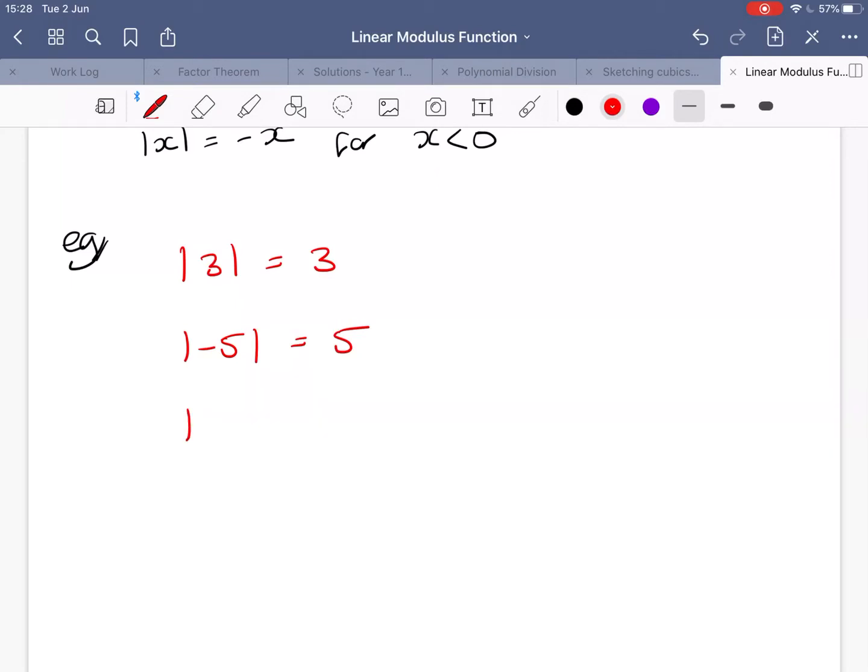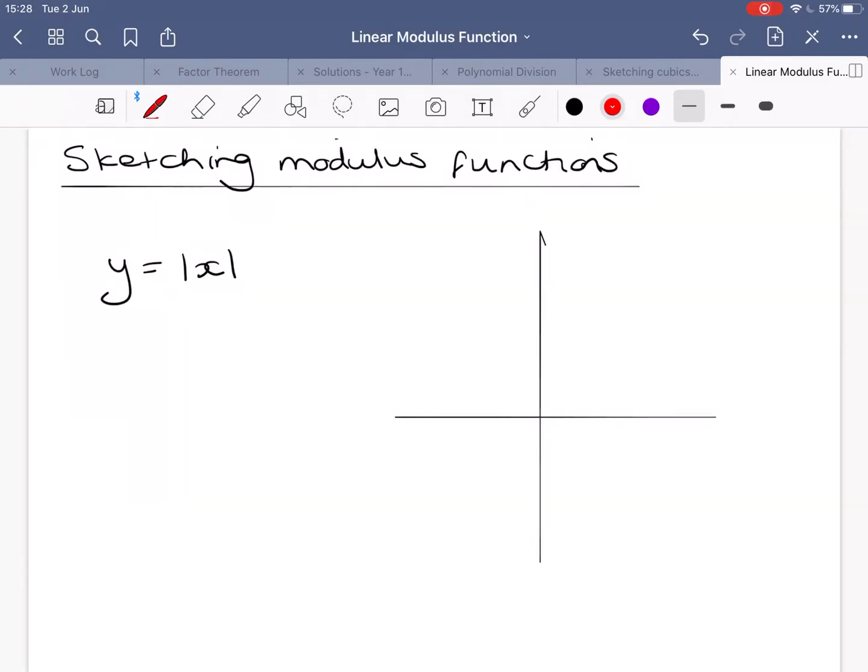If I said, what's the modulus of 107? That's just 107, whereas the modulus of minus 1050 is just 1050. So all you can see is, if it's a positive value, it just stays the same. If it's a negative value, it just becomes the same value, but a positive version of itself. Okay, and they actually are quite useful things to use. So what we tend to do though is we tend to solve equations with modulus in them,